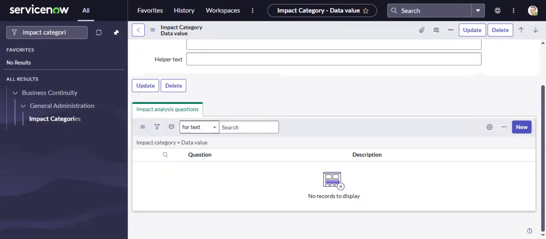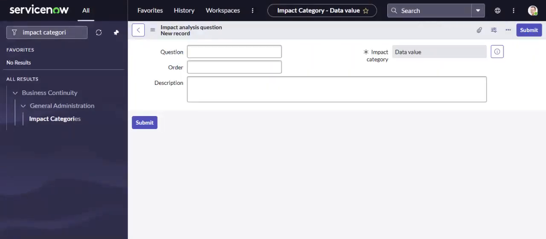So this is the difference which you need to remember: when you choose the impact category which will contribute to RTO, recovery time objective, you have the option to create the impact ratings. But inside the impact category which will contribute to recovery point objective, you have to choose the impact analysis questions. So we'll click on new, and we will name it